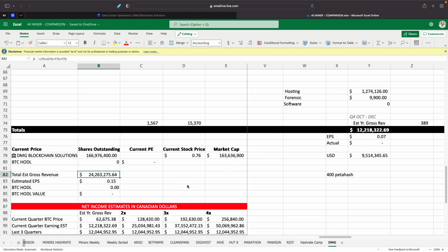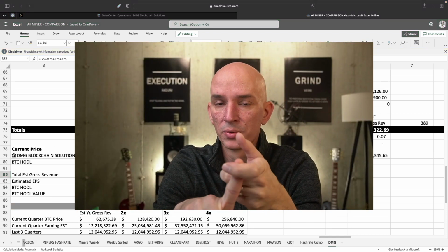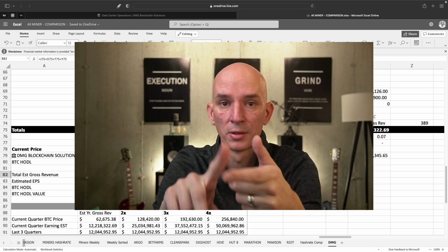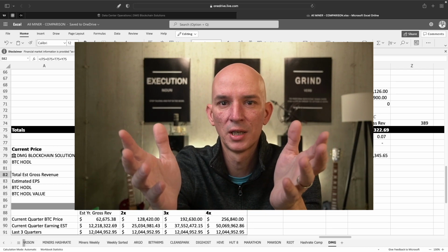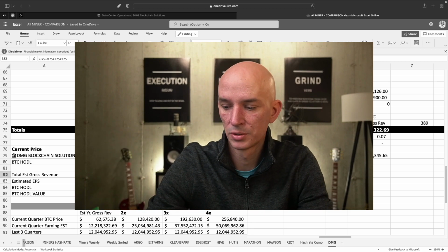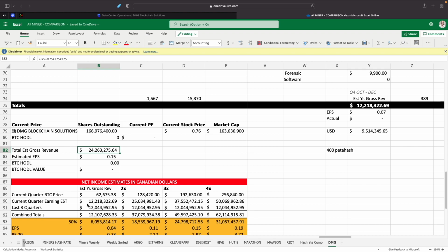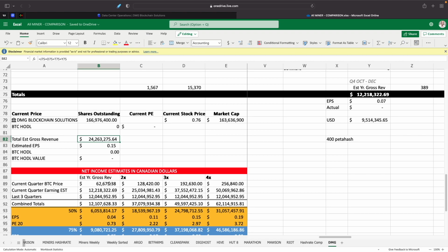But they're way behind on reporting, and they've had problems also. That's the other thing that kind of got me. I saw a bunch of reports where they had problems with their auditors, where auditors were coming in, auditors were leaving. It's like you can't figure out or get a good auditor to audit your numbers and everything. And it was just driving me nuts a little bit. Okay. So based on the information that we do have,